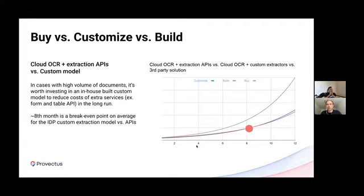And then once you reach a decent amount of documents to be processed per month, it's kind of hundreds of thousands of documents per month. Actually, I believe this particular chart is based on 100,000 documents to be processed per month. So